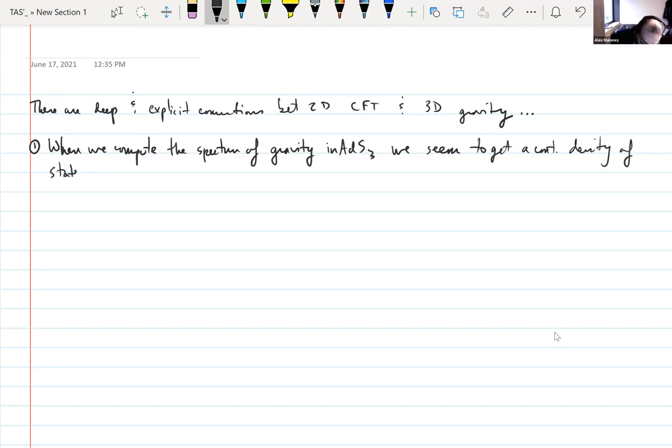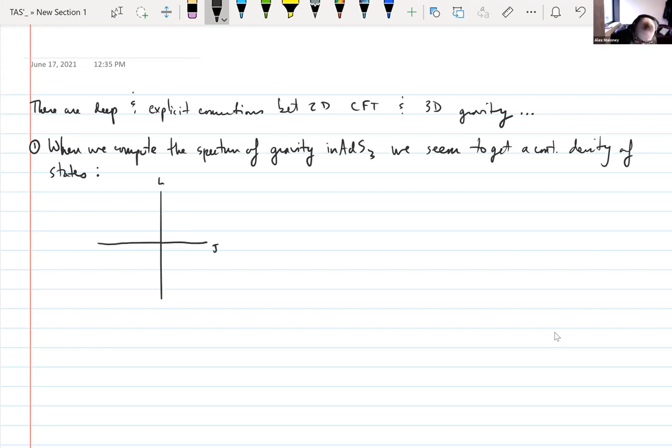We discussed at the end of the lecture yesterday one possible way around that by including other sorts of saddle points in the path integral in a somewhat ad hoc manner. There's a different way. There are other cases where you can get a discrete spectrum of states that I didn't have time to go into that are somewhat closely related. But generically, I would say that the most honest version of this calculation in general relativity gives a continuous density of states,